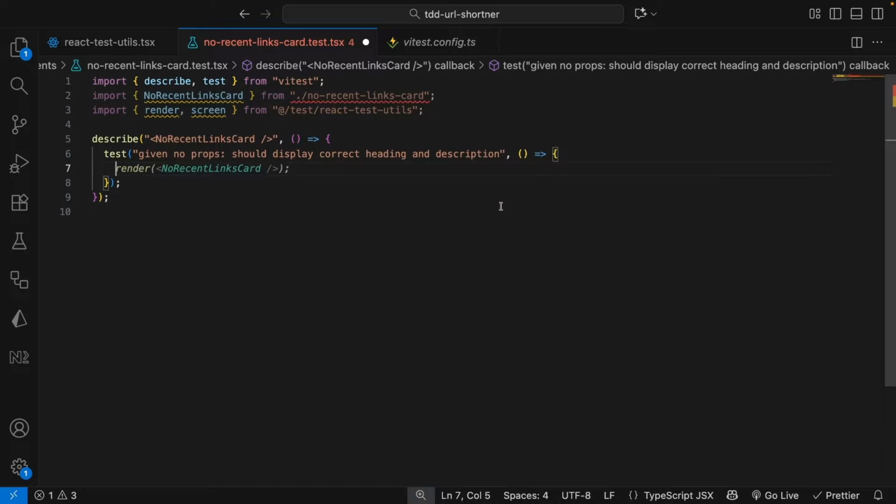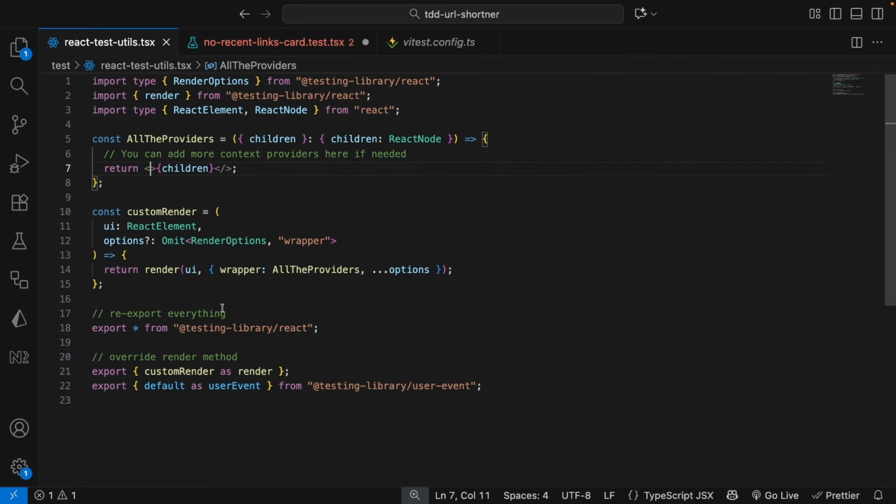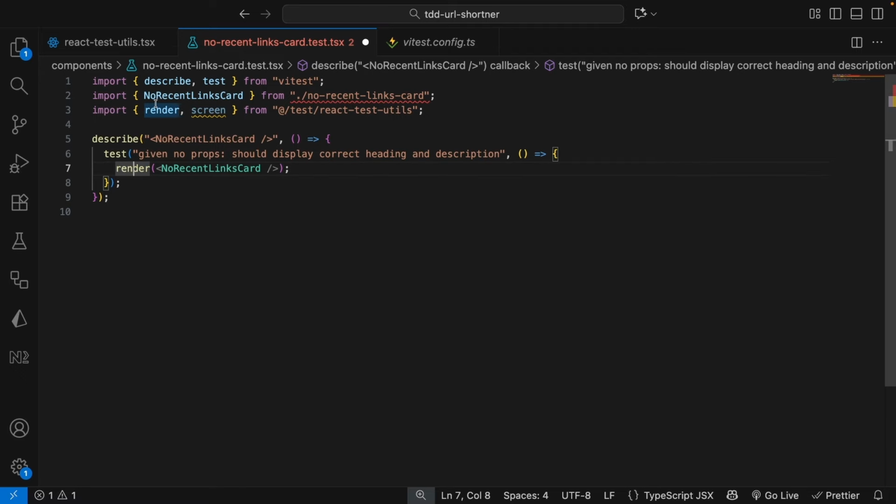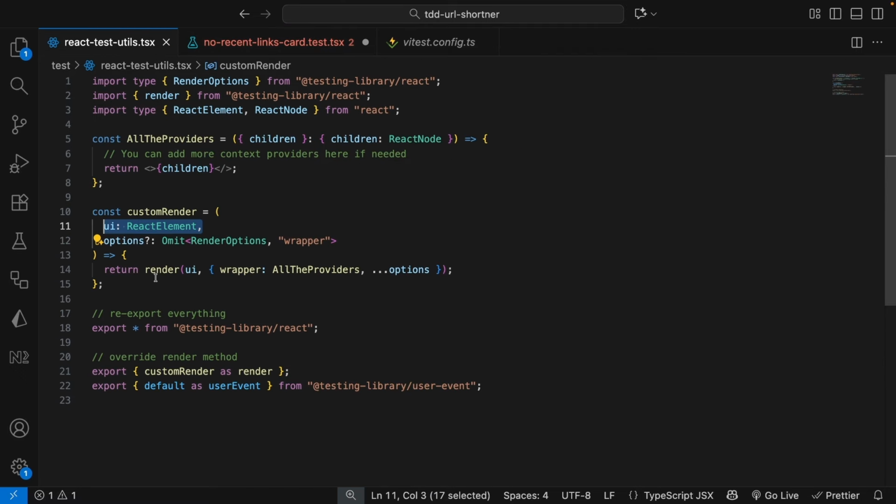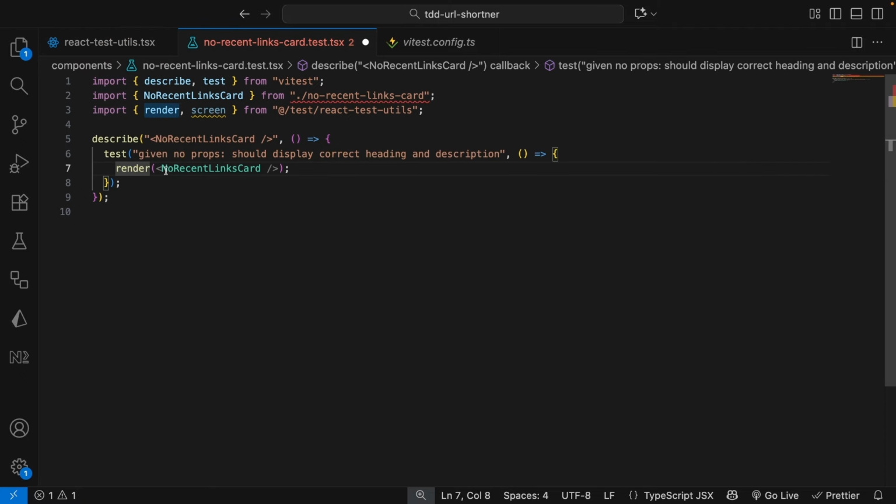to render the component. So for that, we are making use of this render, and see where it comes in handy. Over here, we define our own render, which is this custom render, and in this case, we are passing UI to it without passing in any options. And this is going to render the UI, and for the wrapper, it makes use of all these providers, and whatever we put in here is also going to be the parent of this component. And after the render, we